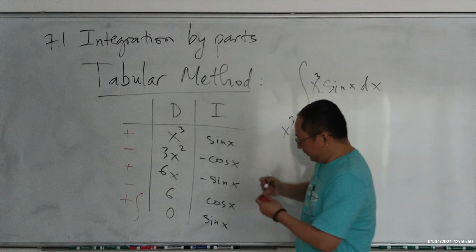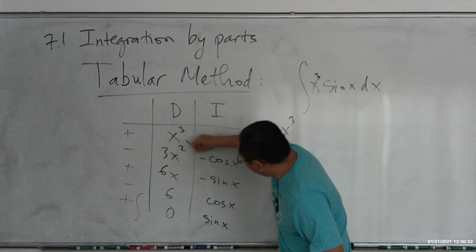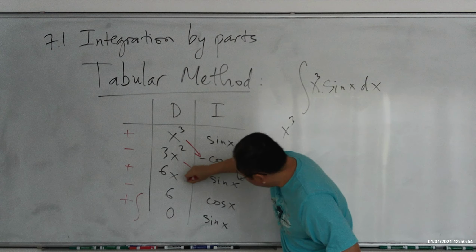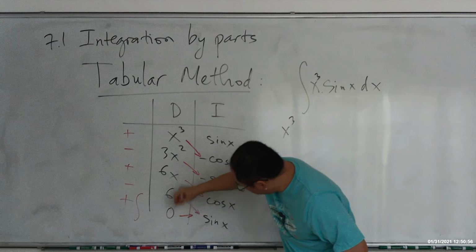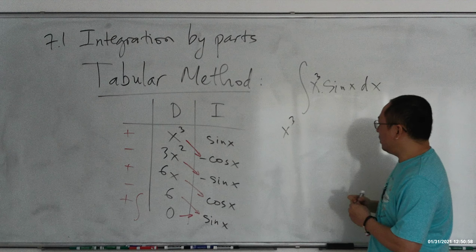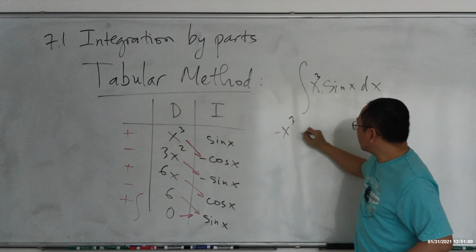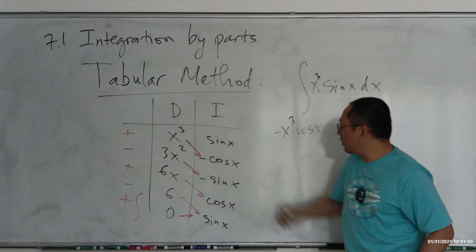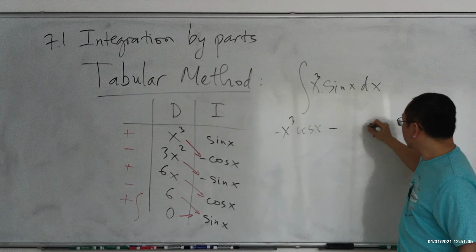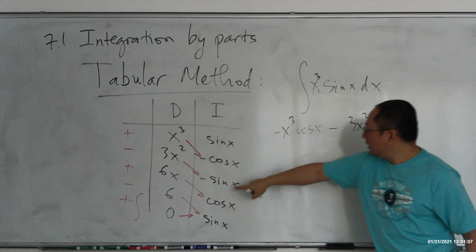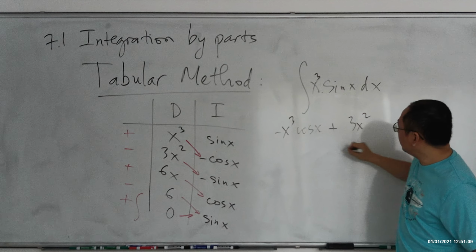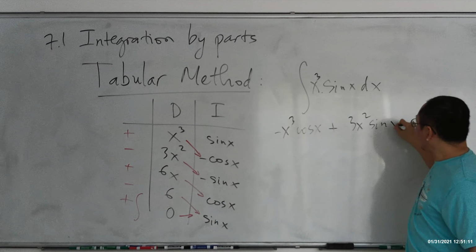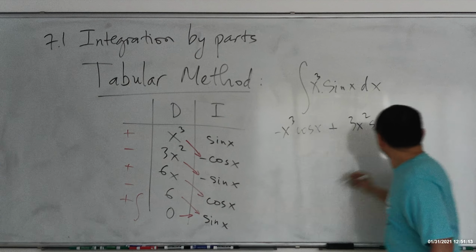x cubed. Put the arrows, make sure you all get it. And then go down, go down, go down, and this way. x cubed, negative x cubed cosine x. I got a negative right here. Minus 3x squared, negative sine x, so minus with minus become plus sine x, and then plus